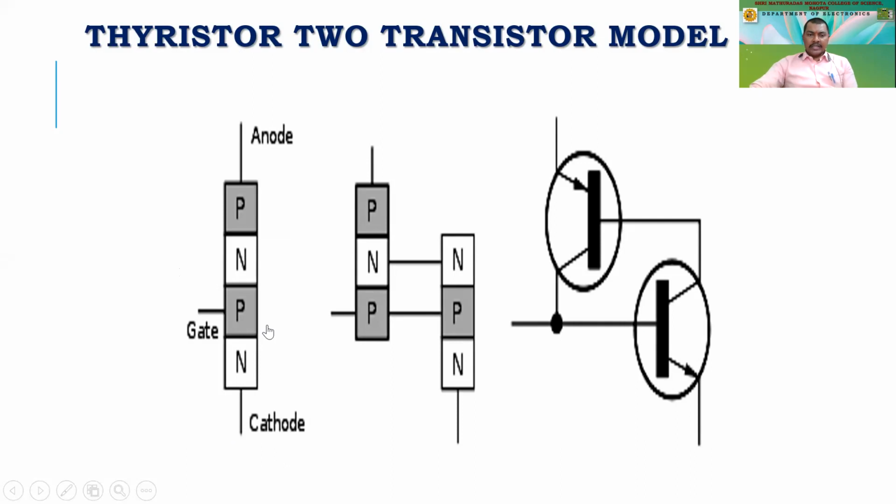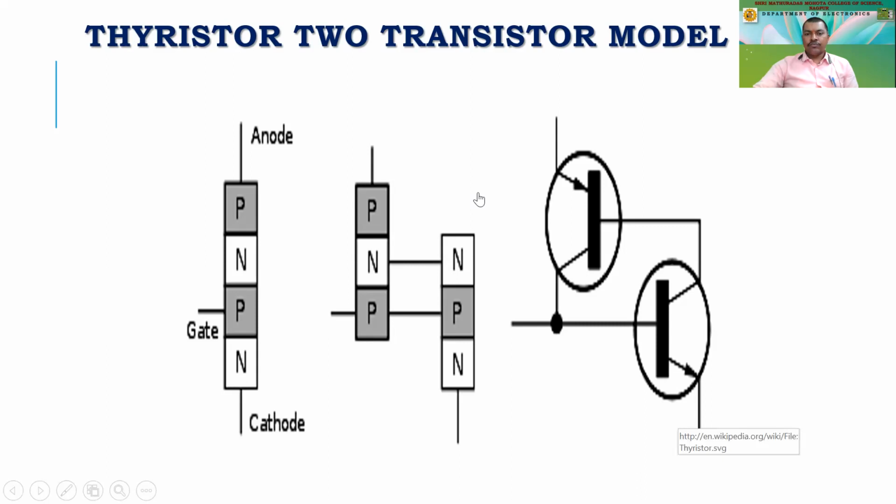cut it into two slices like this, you'll be able to see that we are having two transistors. One is a PNP transistor and the other one is the NPN transistor. And this P in between is taken as the gate terminal over here. So we are taking it out as a gate. So if you slice it between these two, we'll be having two transistors like the structure that is shown over here. So this is the